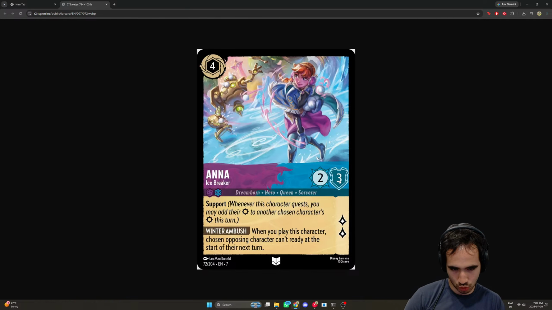It's not too good otherwise. Even for Draft, I don't think it's amazing, but it's not horrible. The problem with it is it's too expensive for a 2/3 stat line. It's nice that it quests for 2 lore. The support doesn't really do much for it. I guess you can give 2 strength to something else. But it's just okay, like I mentioned.